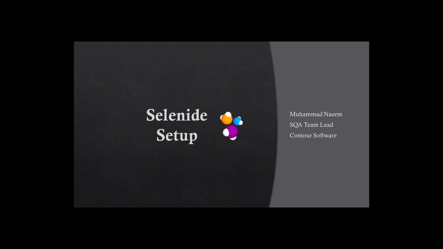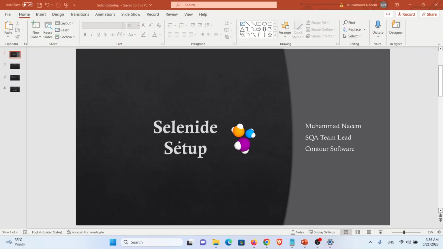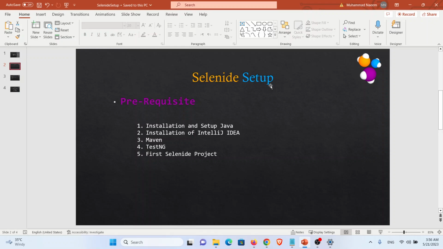Today we will learn how we can set up Selenide. So let's proceed with Selenide setup. The prerequisite for this setup is we have to set up Java, and then we have to install and set up IntelliJ IDEA. Then we will create a new project in IntelliJ IDEA and will use Maven and TestNG for our first Selenide